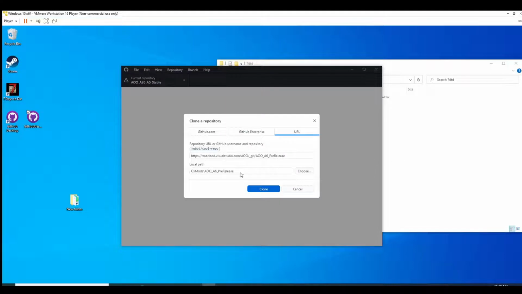Now there's two ways of doing this. You could just choose a path somewhere, anywhere on your hard drive. Copy it there. It'll download everything. Then you can manually go and move the files and put them into your mods for whatever game instance that you want. But I'm going to show you another way of doing it, in which case I'm going to